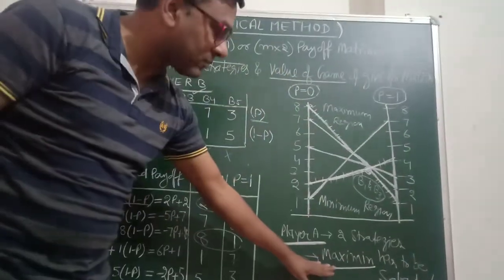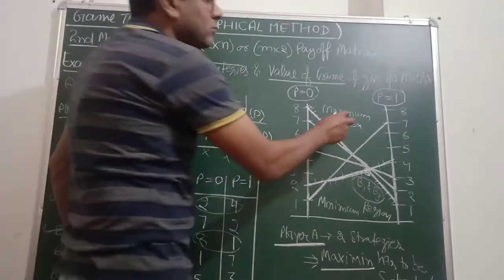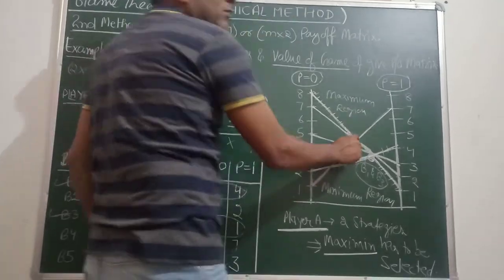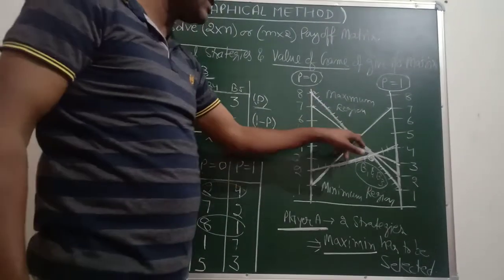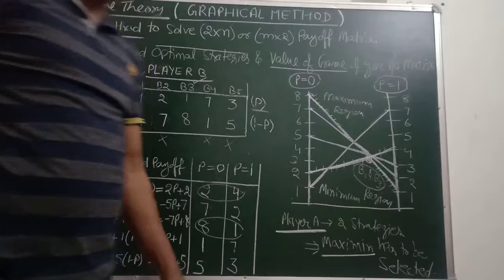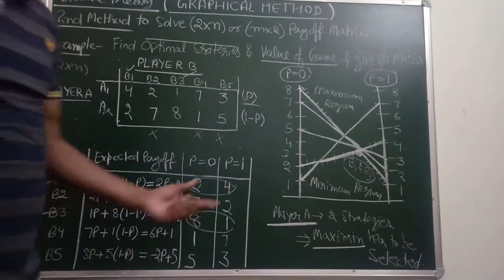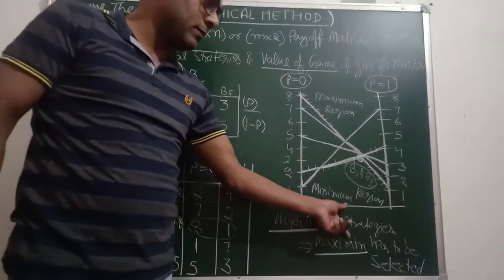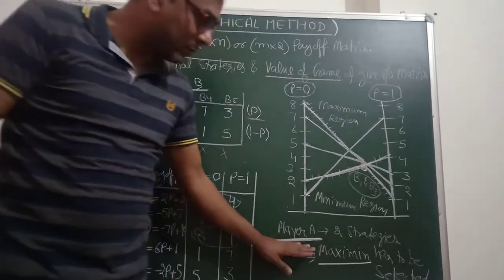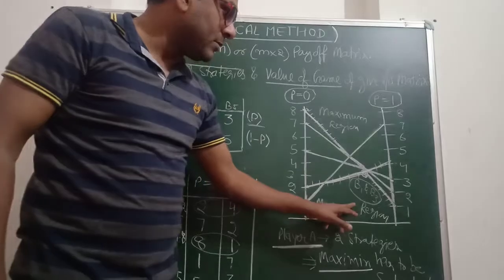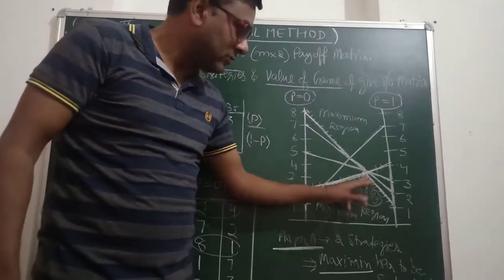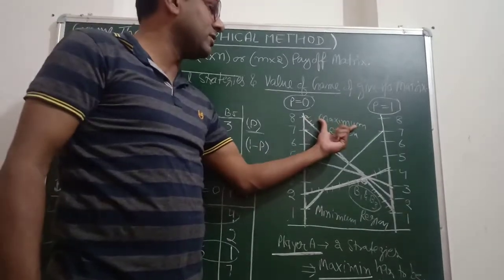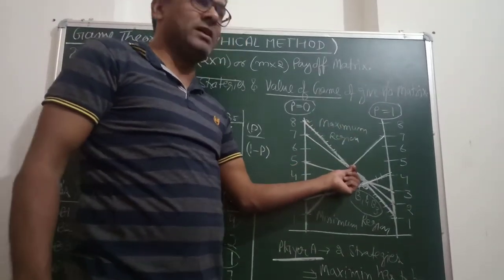In the minimax principle, you have to choose the maximum value region and then find the minimum value. The selection of the two appropriate strategies depends on whether player A has to perform two strategies or whether B has to perform two strategies. If A has to perform two strategies, use the minimum region and then select the maximum value, and if player B has to play the two strategies, then choose the maximum value region and then select the minimum values for